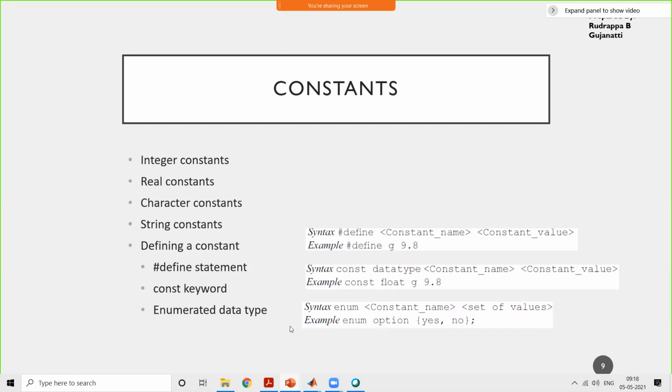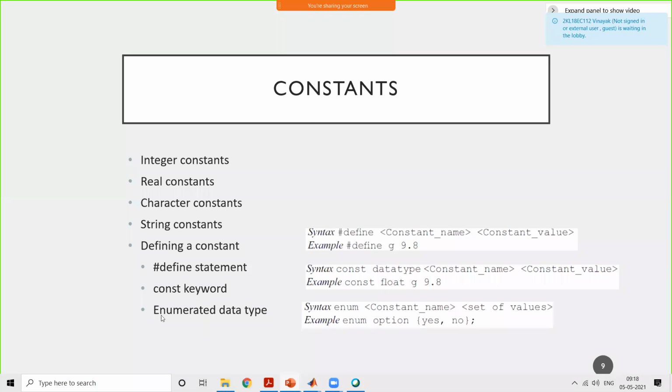In this one, as we had discussed, when we have an enum data type, only the set of values you are providing can be assigned to a variable of the type enum. In the previous discussion, there was a question on how it is different. Now remember, in these two you are using the keyword and defining the constant. This one is enumerated.